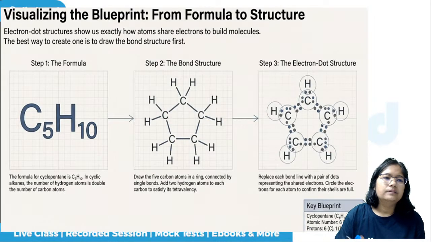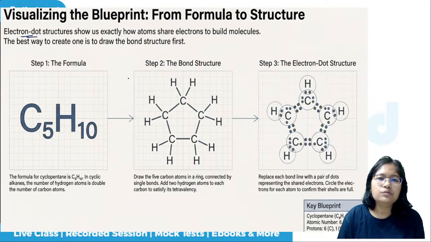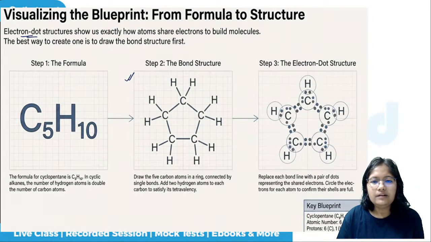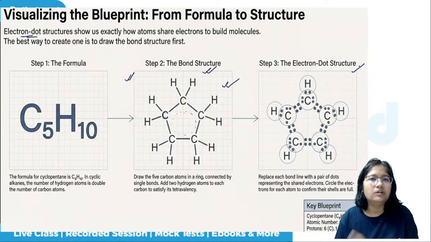Now coming to the structure, how the electron dot structure can be used to show this, or we can also draw like this. Say we are taking the alkanes. In the case of butane, they will form the carbon ring structure. Can you see there is a cyclic structure here? So this cyclic structure is formed. Either you can represent this cyclic structure in the form of bonds or in the form of an electron dot structure.